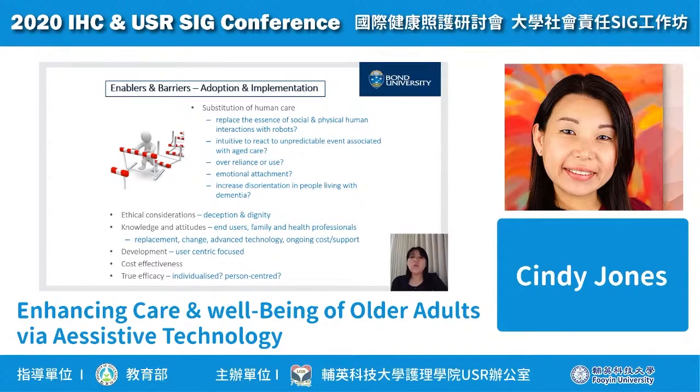So overall, with all our experience of researching social robots for use by older people in aged care settings, we have identified several enablers and barriers to the adoption and implementation of social robots in aged care. I guess one of the barriers is the attitude that social robots are meant to be a substitution of human care. Is it to replace the essence of social and physical human interaction with robots? Now, that's not the intention of